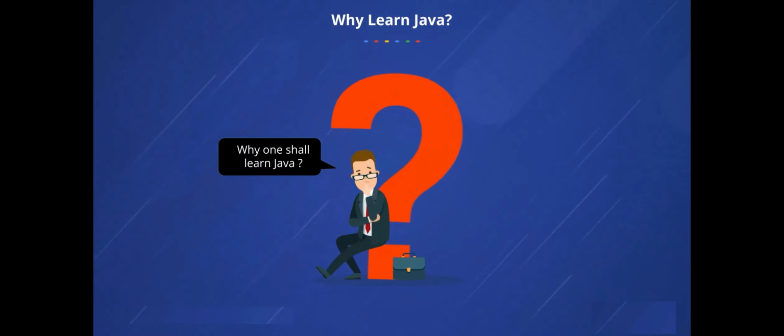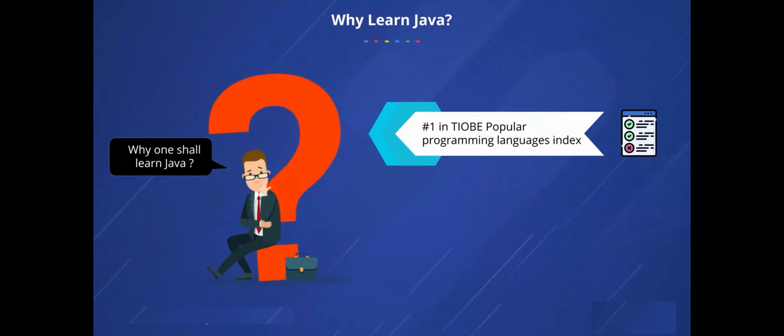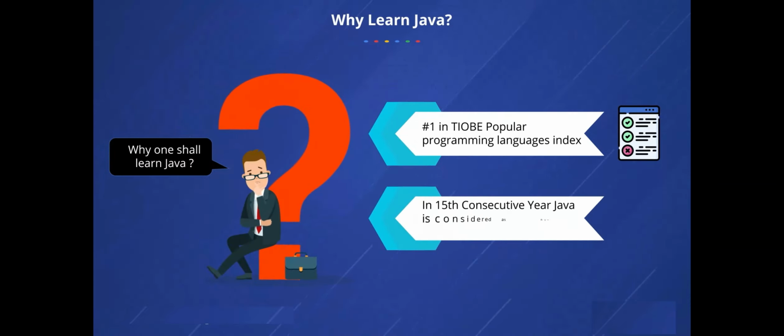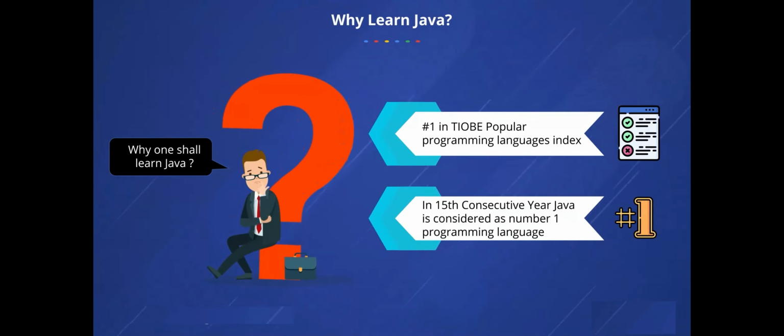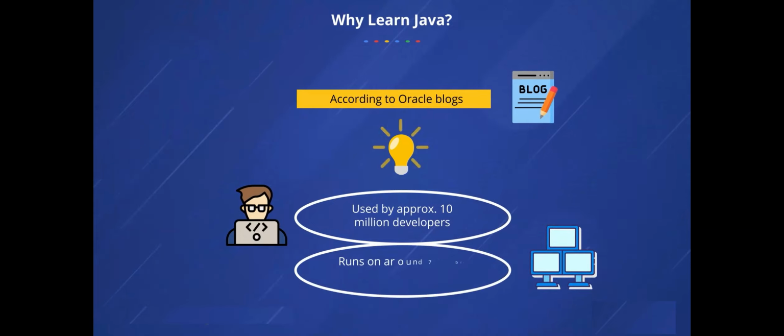your career from there. So if you look at various websites which do a survey on these programming languages, where they will tell you which programming language is used across the world. If you look at TIOBE, it is one of the ones where they conduct surveys across and identify which programming languages are top, and as per them, in the 15th consecutive year Java is considered as one of the number one programming languages. Another thing is, if you look at Oracle blogs, approximately 10 million developers and 7 billion devices